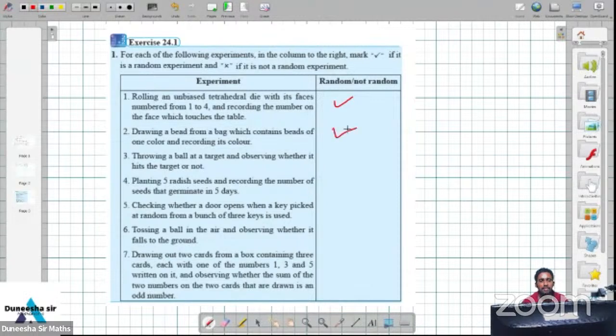It's a random event. Throwing a ball at a target and observing whether it hits the target or not. Okay. Is it random? Yes, it's random, because did you see on the TV the shooting